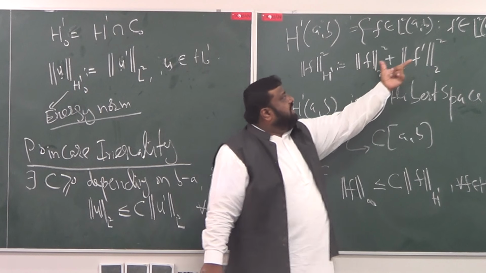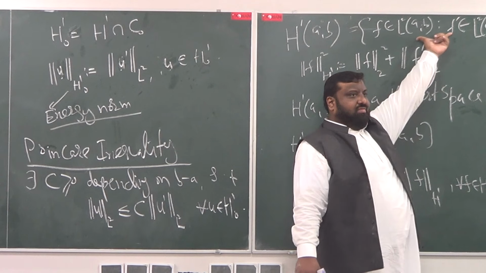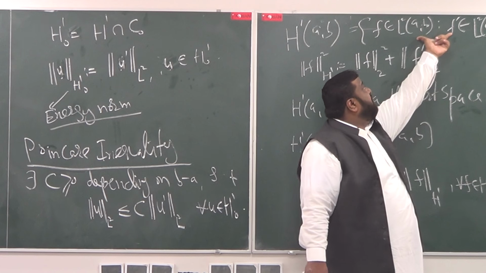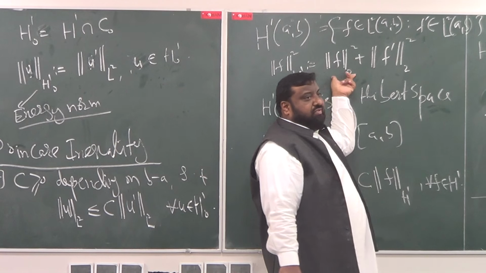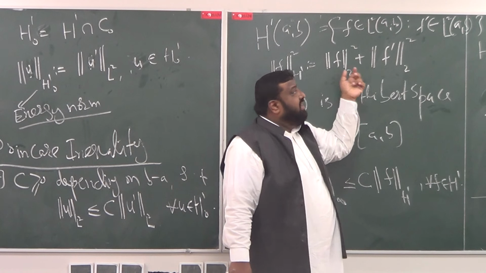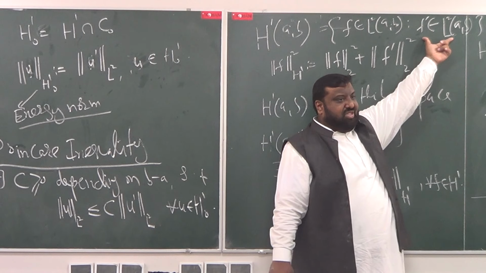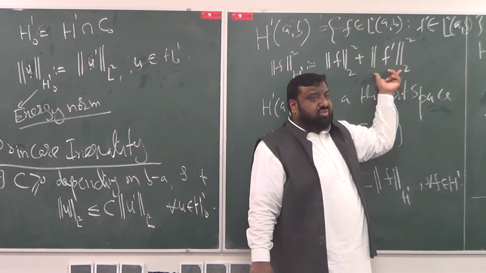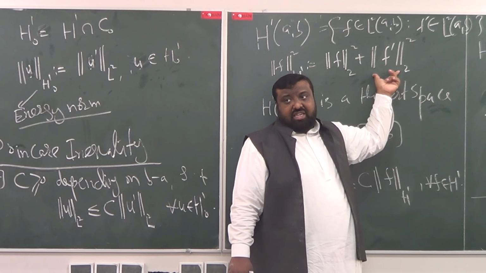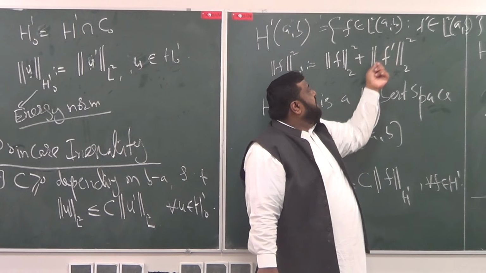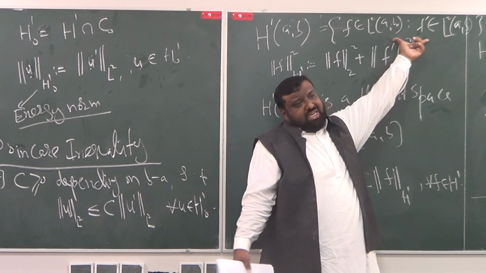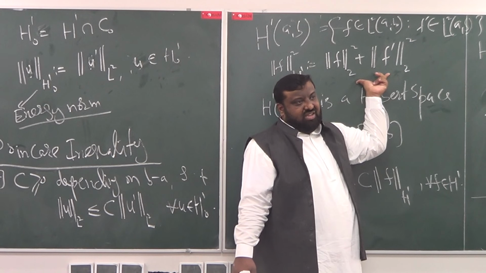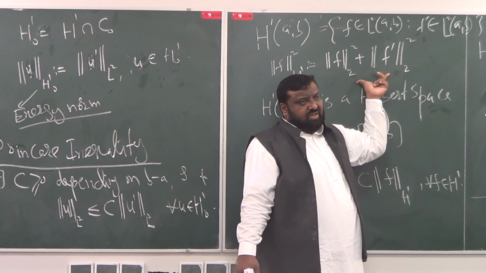You want to make sure that this definition is true. When I'm saying that f must be in L2(a,b), this must be finite, and this must be finite as well. In other words, the L2 norm of this must be finite. Are you getting the point? So when you are defining the norm in this way, you want these conditions to be true. That's why you are defining it in this way. Are you getting the point? Okay. That you need